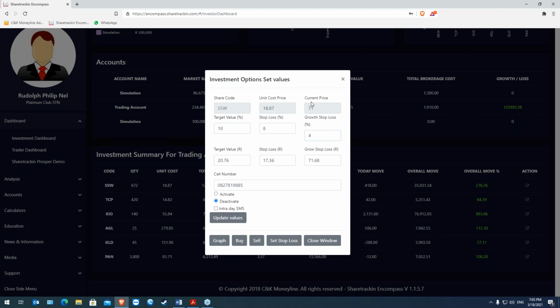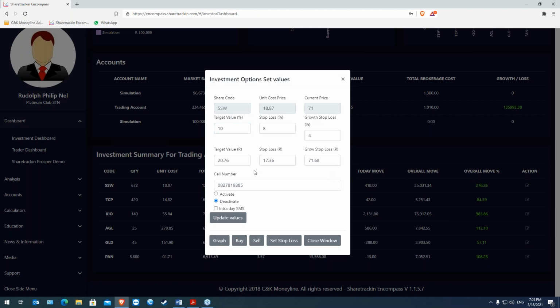So for instance, my current price is 71, but my gross stop loss is on 71.86. Okay, so 4% up is 86 cents. Once it reaches that, that will be my limit, and I sell out of my limit. But obviously, I want to reach the target. This time I've already reached the target with